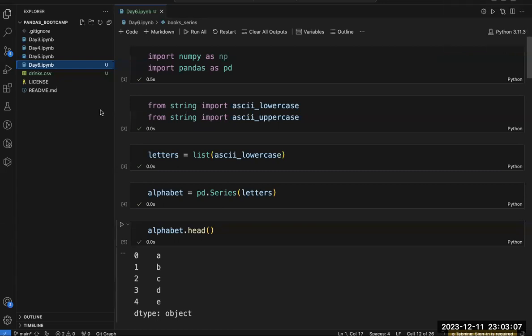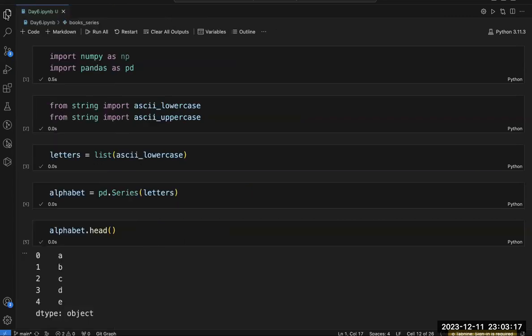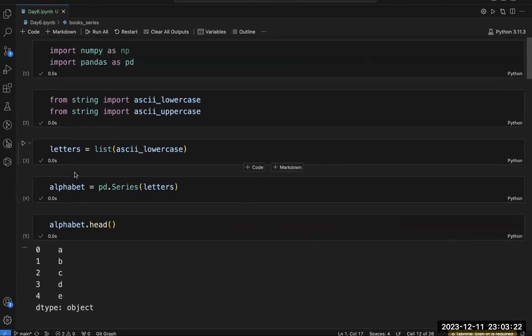Everyone, I have created one file by the name day6.ipynb. You need to create this file also. From the day 5 session, I have copied some of the things into this session. I will give you some time to copy it. Those of you in the live session, and those watching the recorded session, can pause the video and first note down all these things, or go to the day 5 session and copy them from there, because we are going to use them in this session also.